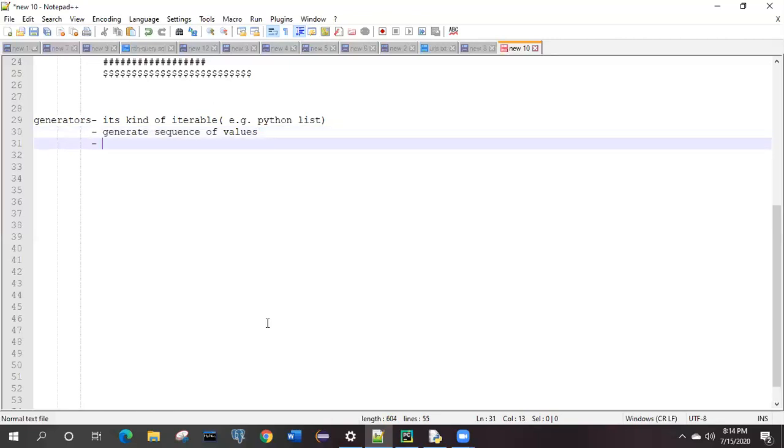So how are we going to create a Python generator? How will we generate it? Let me write it also because you will not remember, right? To create a Python generator, there should be some specific way. By making use of that only, we can tell that it's a generator. Otherwise, how does it differ from the previous iterables?